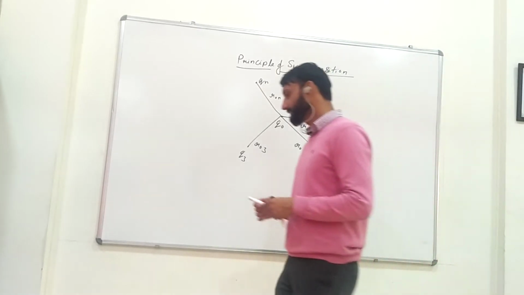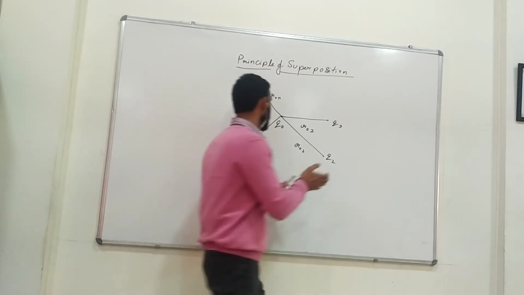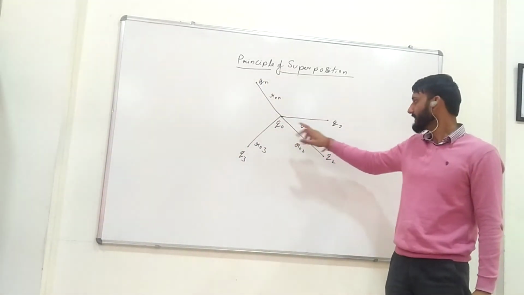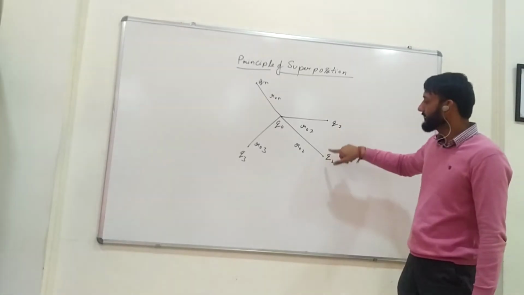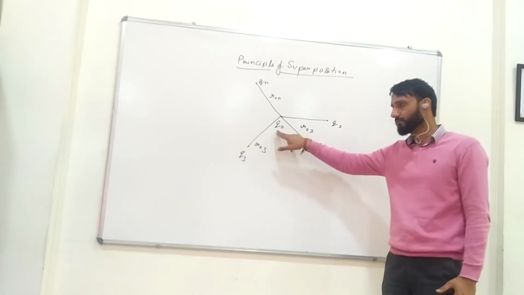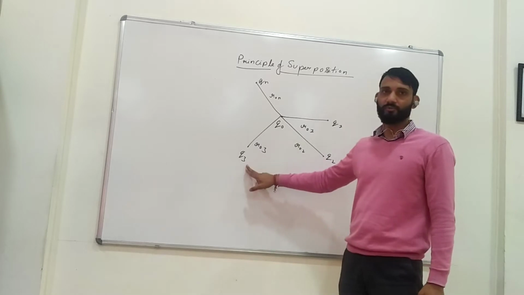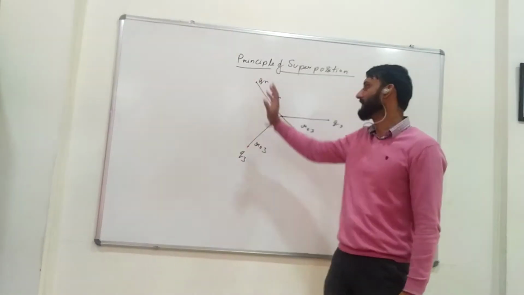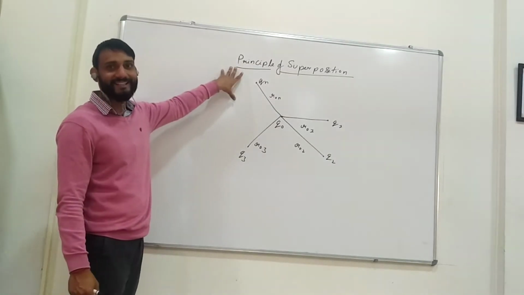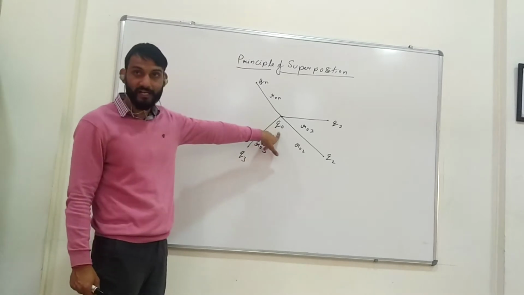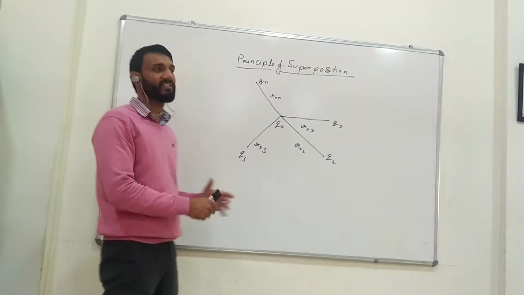So in that case, this principle states that, as you can see, the setup is like this. Let me explain. Q0 is the charge, Q1, R01 is the distance of this charge from Q1. Similarly, Q2, R02 is the distance of Q0 from Q2. R03 is the distance of Q0 from Q3, then Q4, Q5, and then Qn charge. It means we have n number of charges. So this principle states that the resultant force on this charge Q0 will be the sum of all the forces acting on this charge particle.